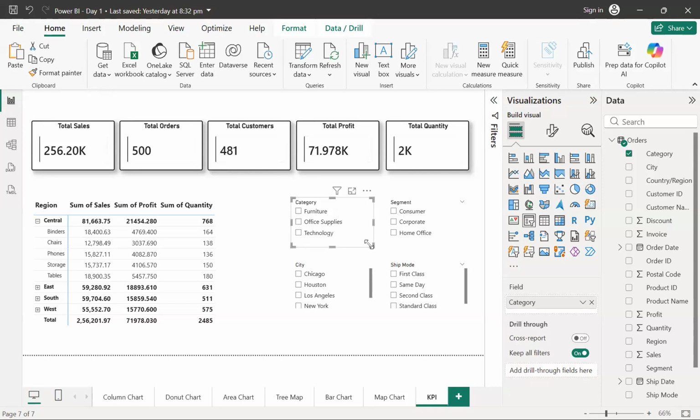Now, in that way, guys, if it comes in this format, one after another in a vertical way, then it is a bit difficult to put it on a single report page, because definitely if it comes one after the other, we don't have that much space to add multiple slicers at a single place. And definitely, guys, if I want to make my dashboard a dynamic one, I need to add slicers over there, okay.